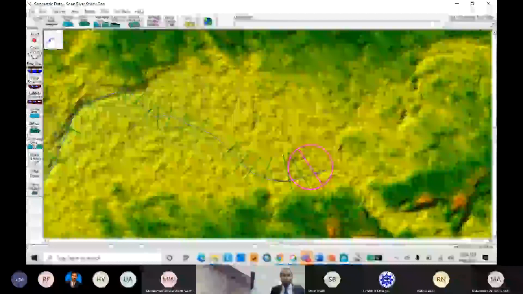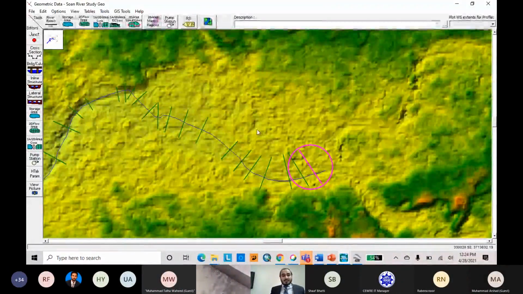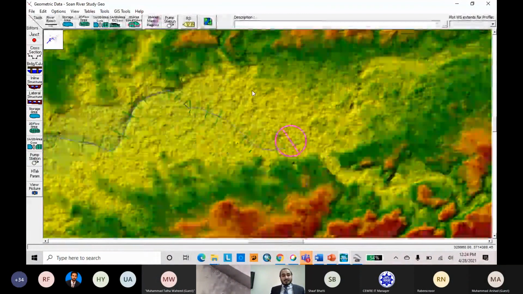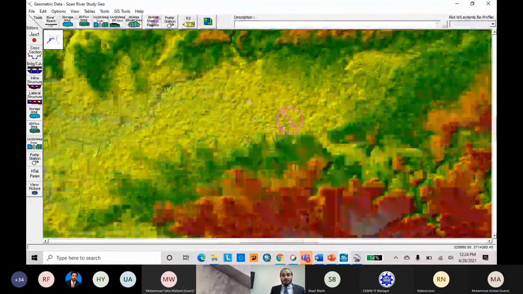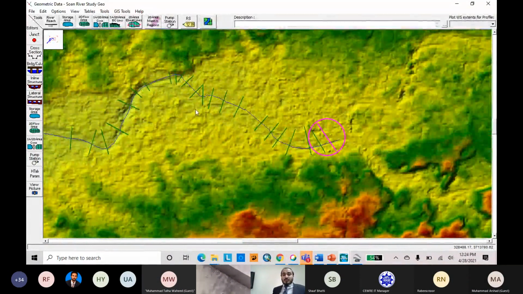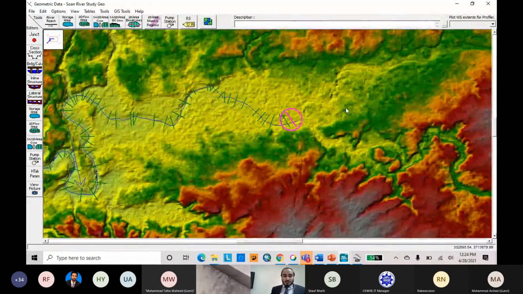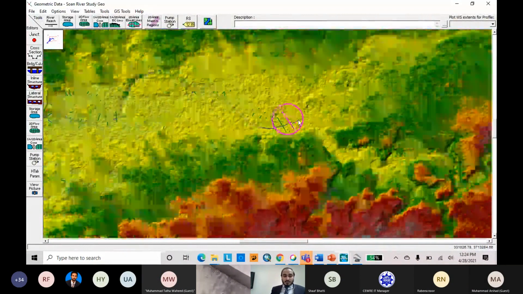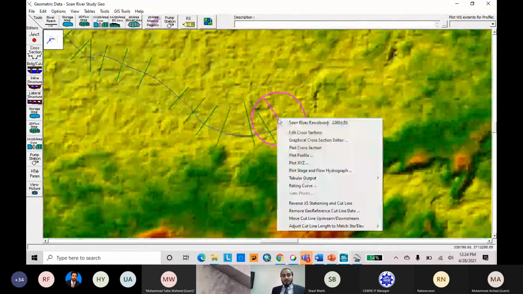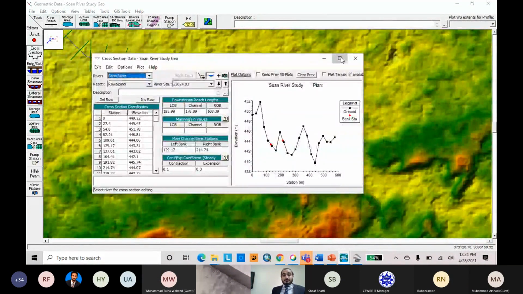You can run your model with this geometric data also, but the result may not be too smooth. For flood inundation mapping it can be accepted, because in a flood the water is already overflowing over the channels. But in precise studies, you have to use your cross-section survey data.